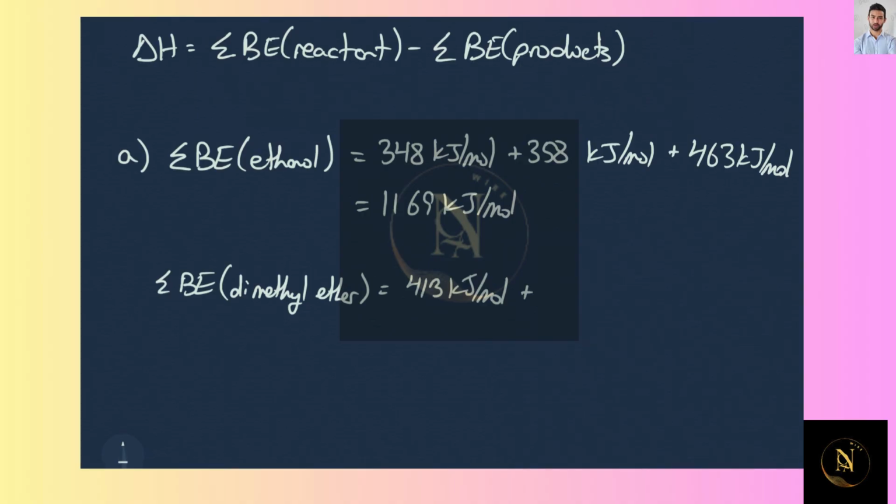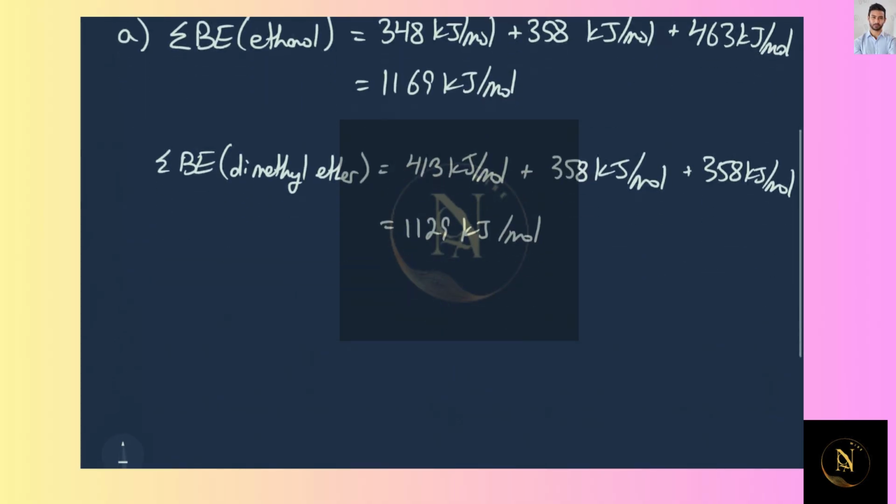We're going to form two CO bonds, which are 358 and 358. And let's add this together. And this will give me 1,129 kilojoules per mole. And now let's calculate our delta H, which would be 1169 kilojoules per mole